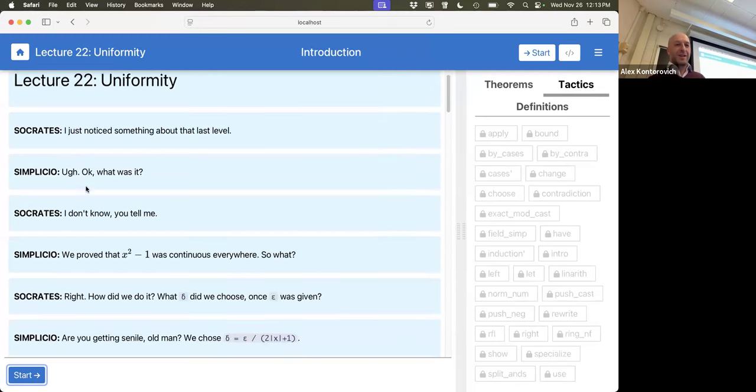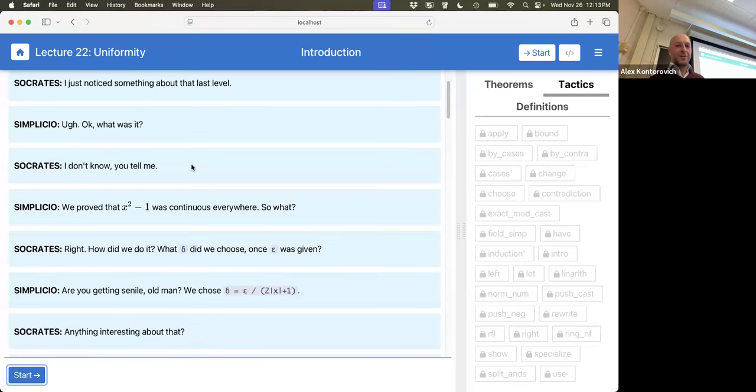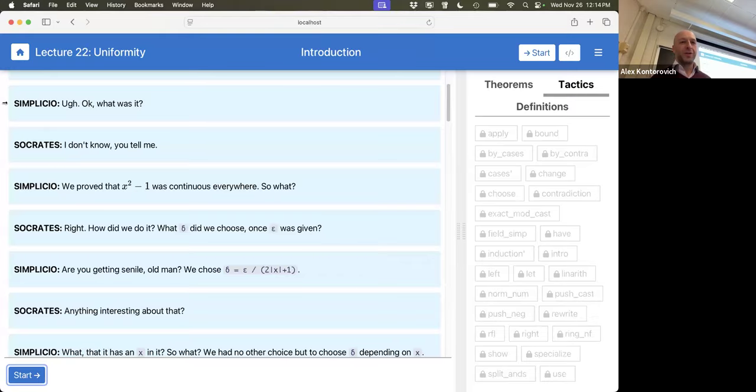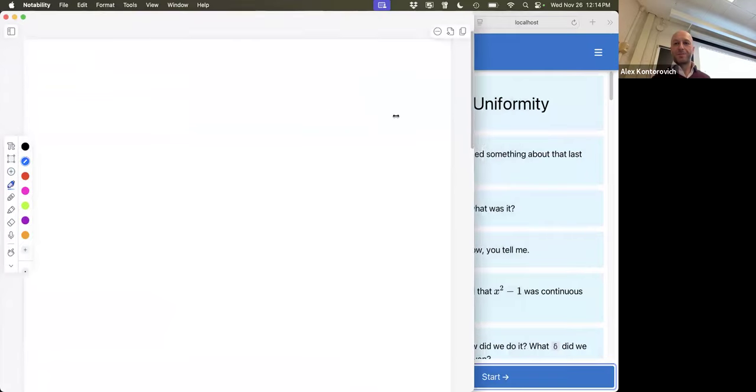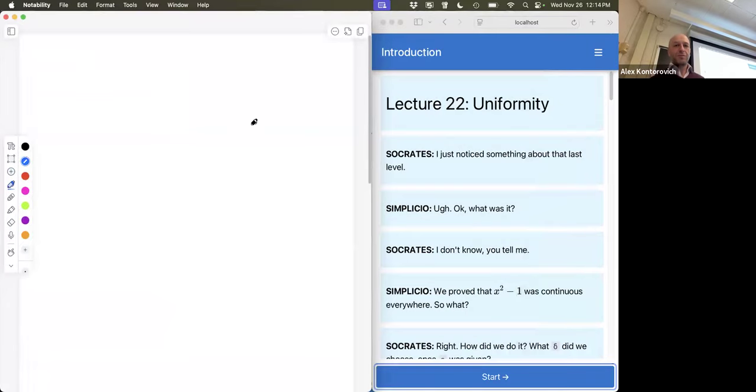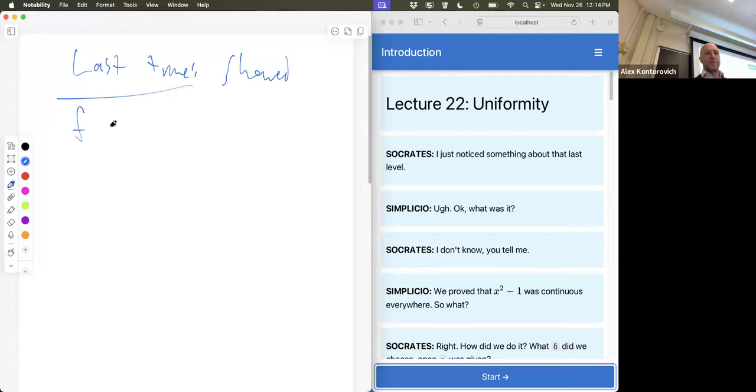Socrates noticed something about the last level. What was it? You tell me. Do you guys remember we computed... there was something funny about our last time. So last time we computed, we showed that the function f of x is equal to x squared minus